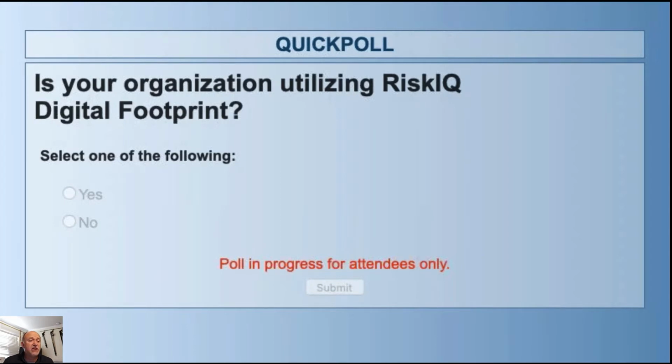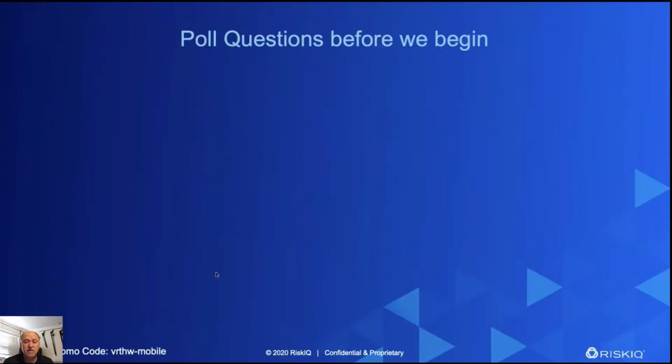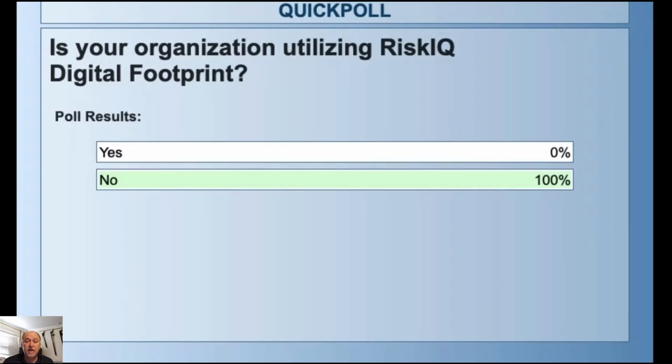So is your organization using our RiskIQ digital footprint to map out your attack surface and understand everything that you have externally, how it links together: websites, hosts, partners, resources that you're using? Okay, 100% no. So if you'd like to get a free snapshot of how your organization looks,